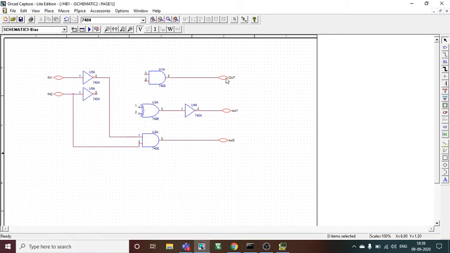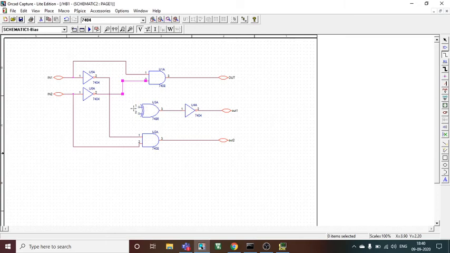For out equal to A greater than B, you have to give A B bar. So A B bar will come like this. A B bar is like A, like this. This is in one direct. Into I have to give through the NOT gate. So I will be giving like this. It completes my circuit.